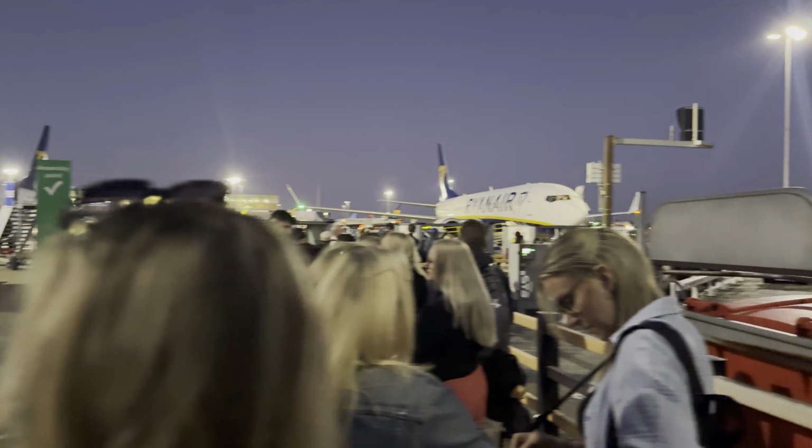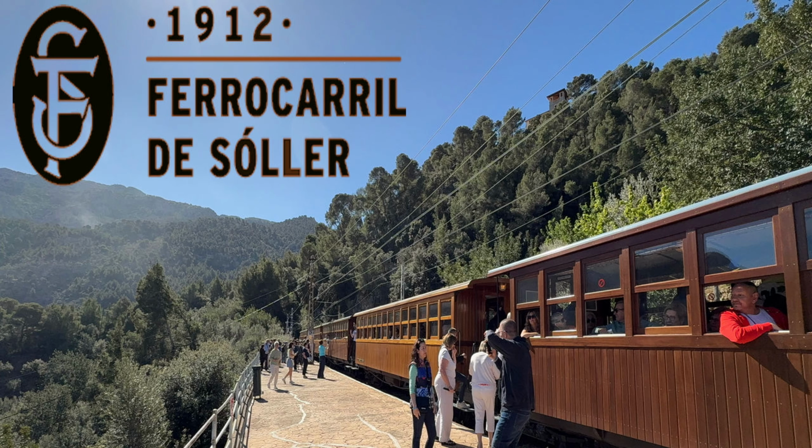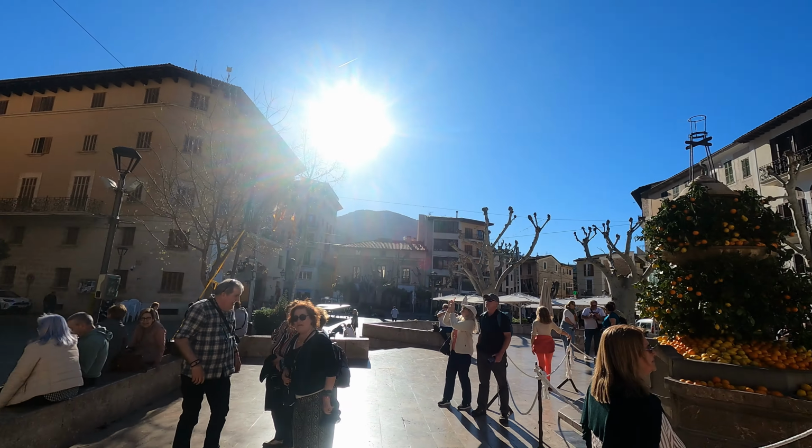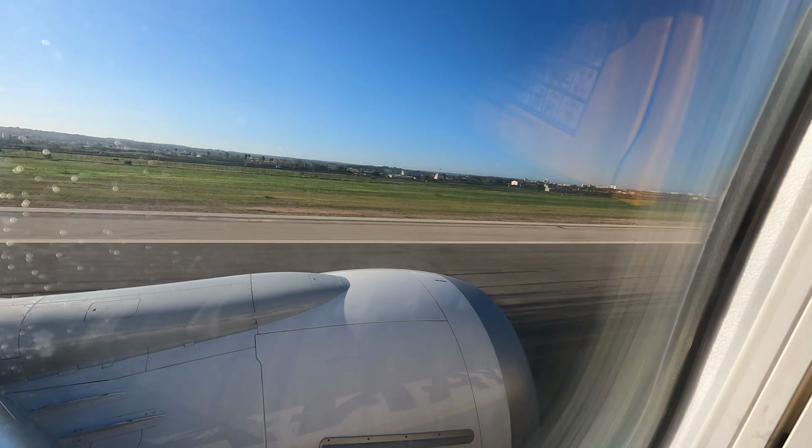So today we embarked on a day trip to Soller, Mallorca. Inspired by a Facebook post we'd seen days before about extreme day tripping, we booked a flight for a mere £32 with Ryanair. So after 2 hours and 15 minutes, actually it was more like 2 hours, we have arrived